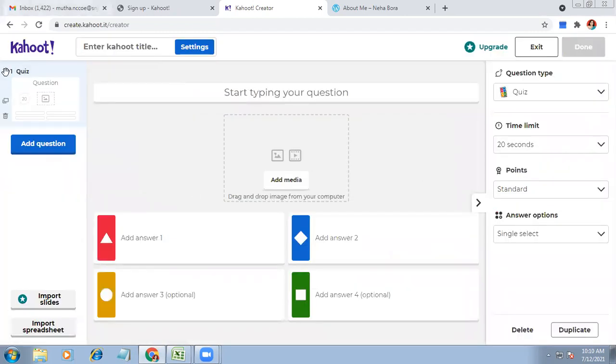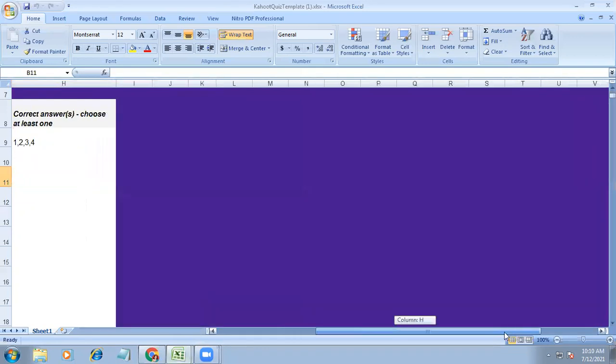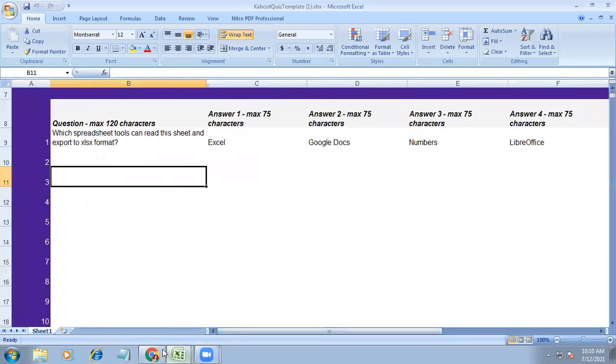Once you click on this, you can see the basic GUI. In this, we can type our question here. We can add images as well as video related to the question. Then we can add four options, answer 1, 2, 3, 4. And if the number of questions is large, we can directly import a spreadsheet. A ready-made template is available, so you just need to write down the questions in this format